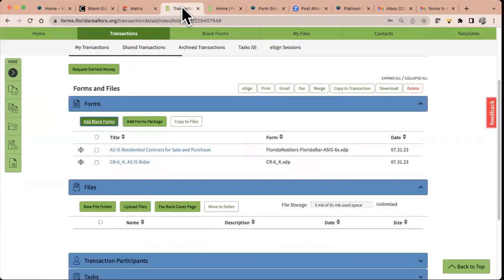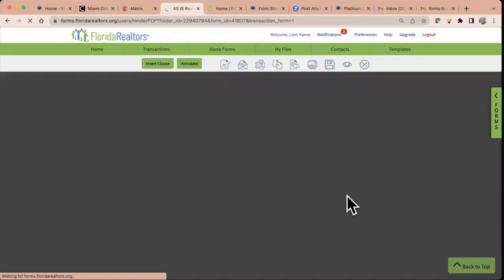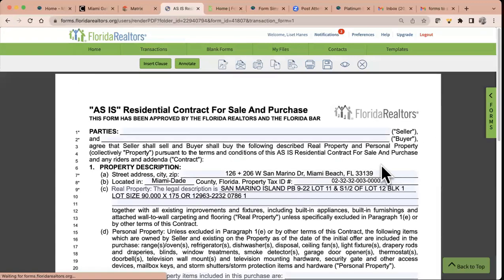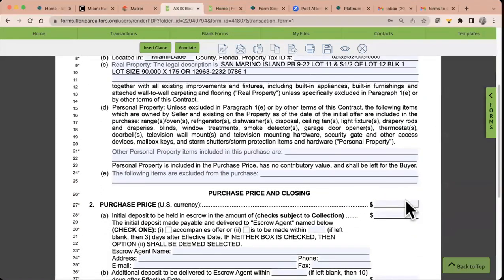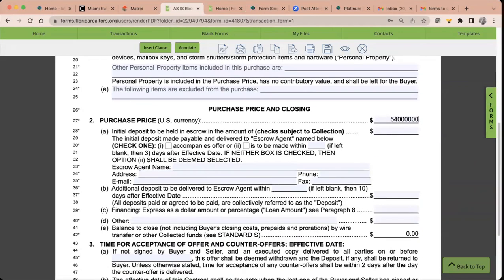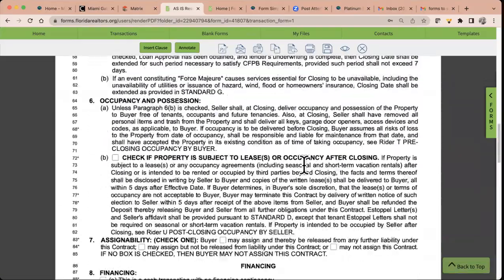Alrighty, we're back in, right? And I need to open them up. I could click to open. And let's say my customer wants to offer the 54 million. And then I cannot teach you how to fill the forms. We offer as-is classes, and your broker should guide you as well. So I'm not going to continue here, but I do want to bring you all the way, let's say, to